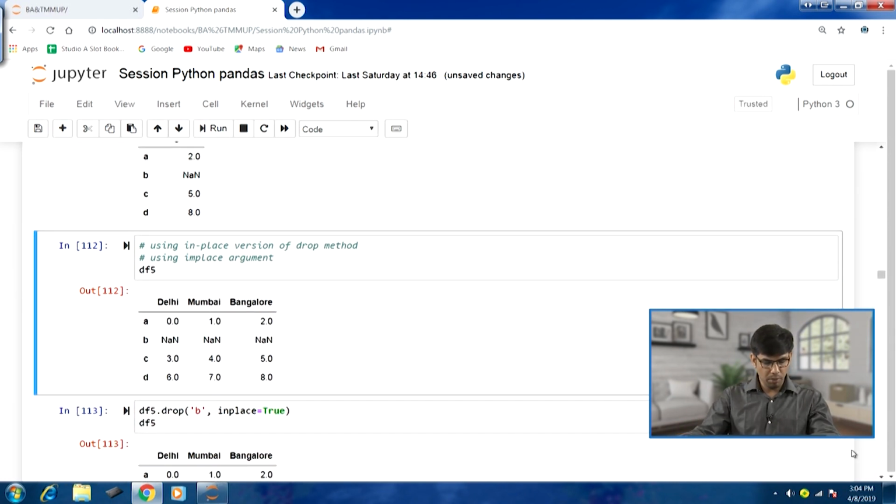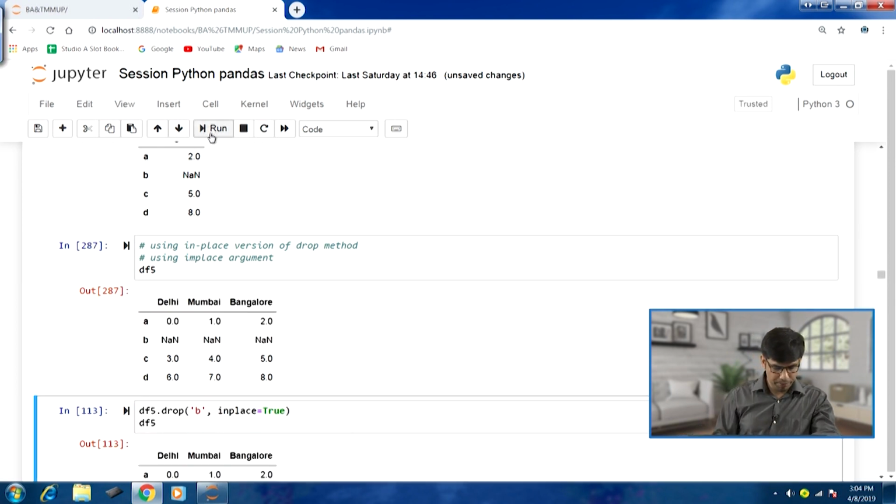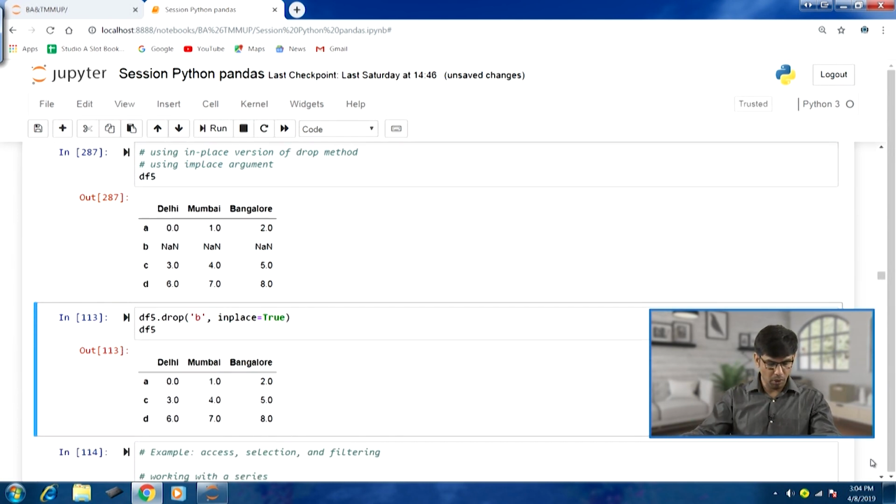Now apart from the drop method, we can also do an in place version of the drop method. For this we have an inplace argument. Let's again take the example of df5, and the next thing we are going to do is drop the row with the b index, and you can see we are using the inplace argument as True.